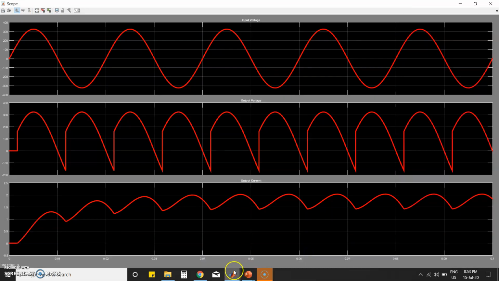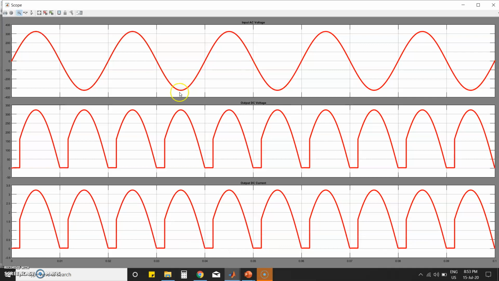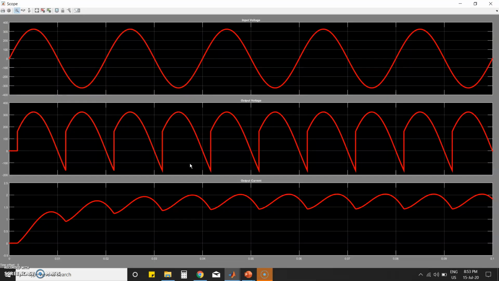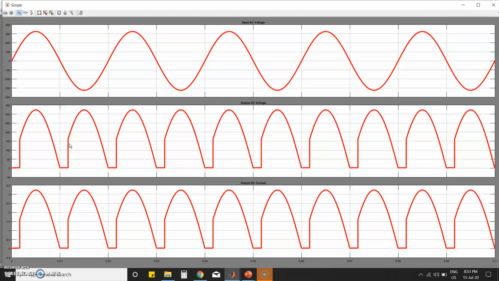Now you just check the output. This is the output of your semi control converter for RL load, and this one is the output voltage and current waveform for single phase full control converter with RL load. Here we have control of negative voltage and positive voltage. But for semi control converter we have only the positive voltage region. So there is no negative voltage for RL load. This is the main difference between your full control converter and semi control converter.